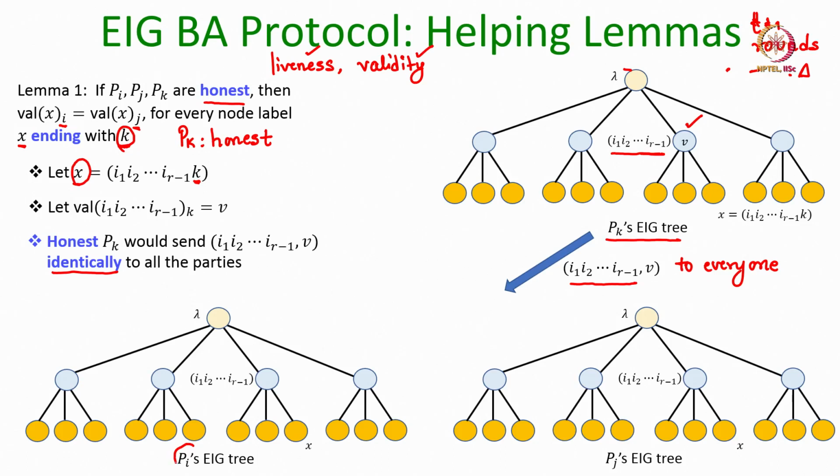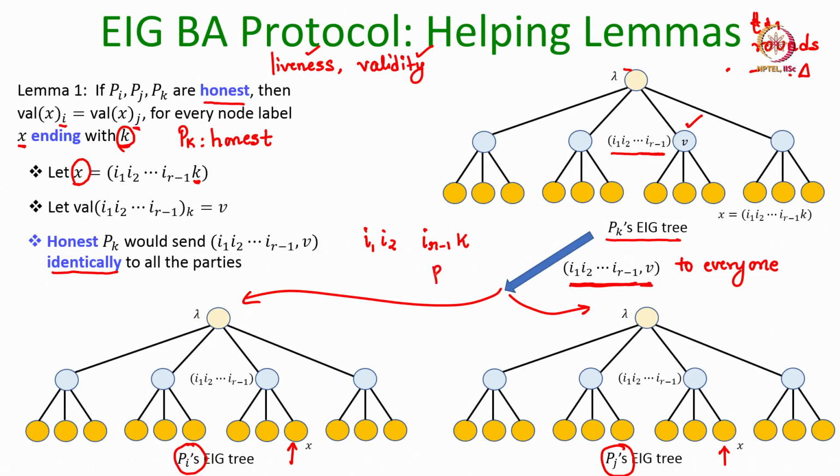Now, consider what happens in pi's copy of the EIG tree and pj's copy of the EIG tree when pi and pj receive this message from pk during round r. They will go to their respective copies of their EIG tree and focus on the node labeled x, and x is I sub 1, I sub 2, ..., I sub r minus 1 followed by k. Now, since pi has received this message from pk,